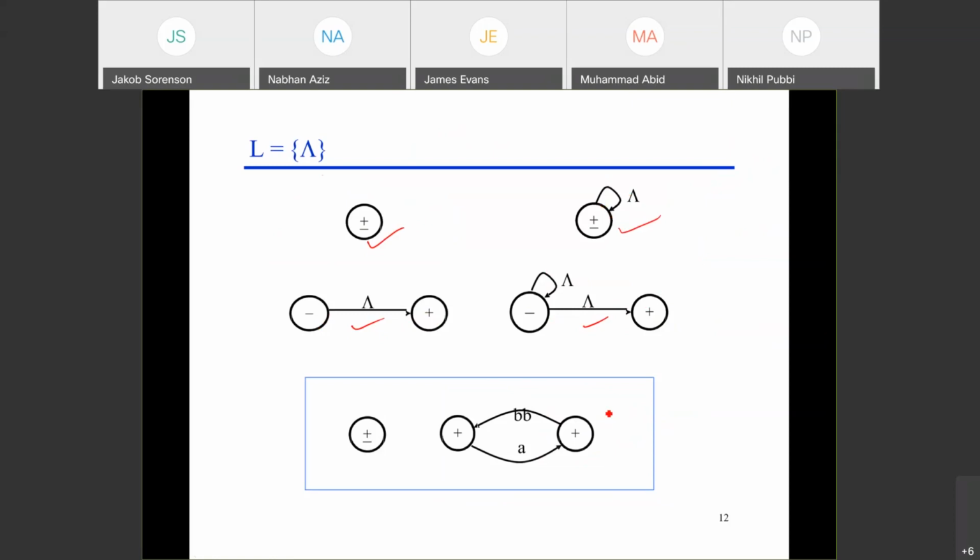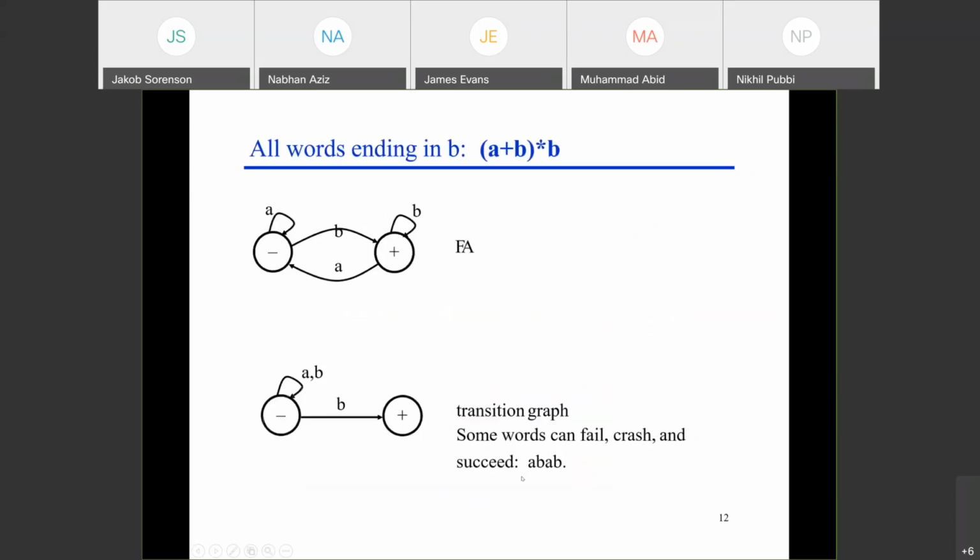So it does not have any start state. This is not lambda, because it does not have any start state. At least one state should be a start state. If not, it is not doing anything. So this is not lambda, sorry, this is phi. It is an invalid machine. It is not a valid TG, because it does not meet the basic requirement of TG. It does not have a start state. Okay, so this is something which we just saw today. And now let's see this.